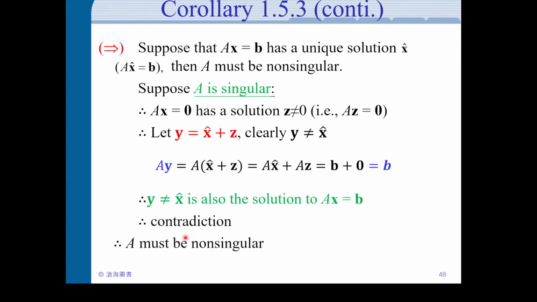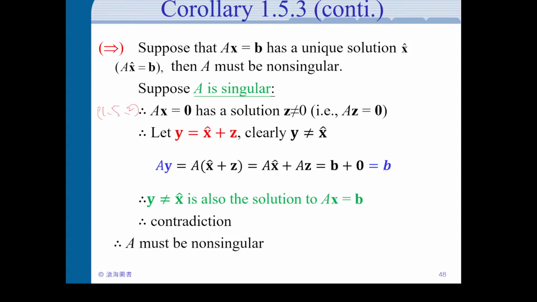And for the other direction, we have a more complicated proof. So suppose Ax = b has a unique solution, then A must be non-singular. And here we do a proof by contradiction. So we suppose A is singular, and we derive a contradiction, then that means A must be non-singular. Okay. So suppose A is singular, then from the previous theorem, okay. So here we use